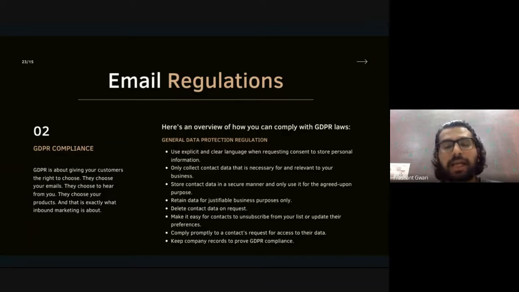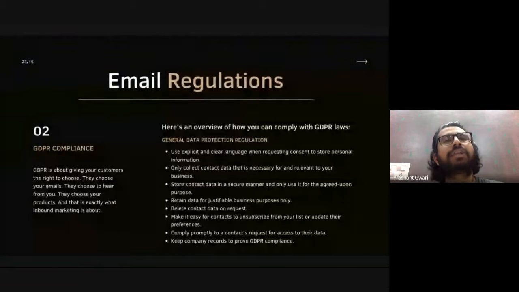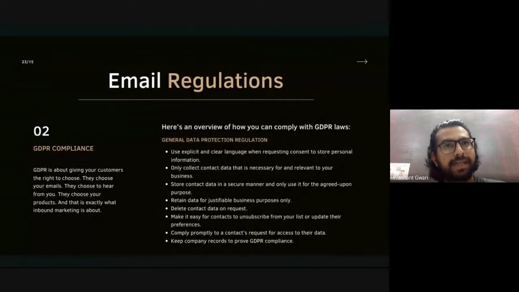Now there are two different things. If they are unsubscribing, it doesn't mean their data got deleted from the system. They're just not receiving the email. Their data is saved on the system. So if you want to delete data from the system, you have to send them an email. Unsubscribing is just removing you from the email list, not from the data system.